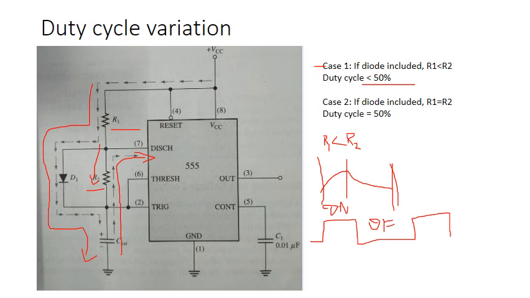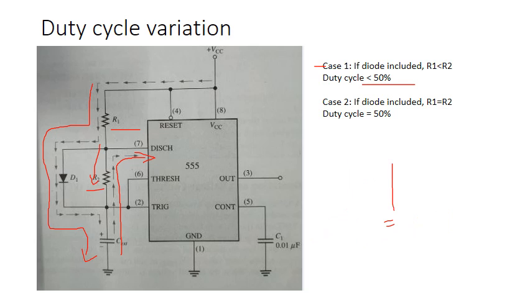So I'll just erase this part. Now we'll take the duty cycle equal to 50%. For duty cycle equal to 50%, this charging and discharging should be equal. To make this charging and discharging equal, the resistor R1 should be equal to R2. Only then the charging and discharging will be equal, because in the path of charging and discharging we have resistors